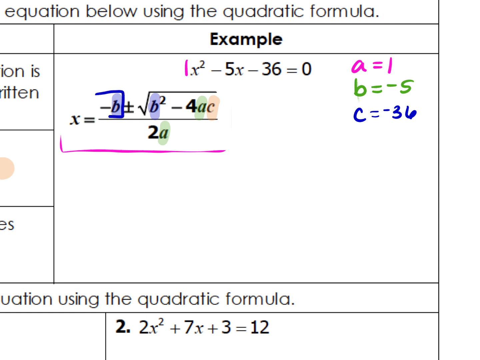What does -B mean right now? The opposite. It is the opposite of whatever B is. What is B? B is -5. So the opposite of -5 is a +5. Okay, so we're saying x equals a +5 plus or minus